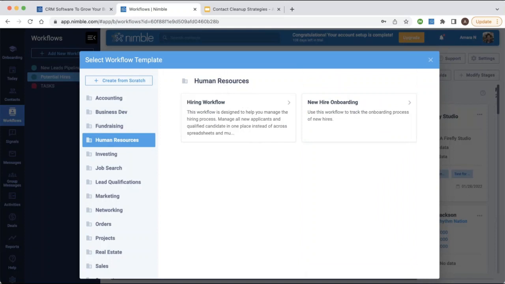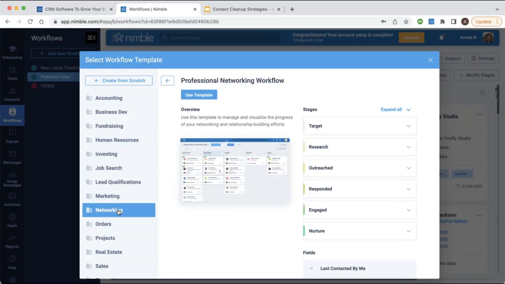So for instance, for human resources, you'll notice we have a basic hiring workflow and then also a new hire onboarding workflow. These would be a great use if you ever want to select one for your industry. It'll save you a little bit of time and just give you more information on all of your different contacts. For instance, if I select the networking here,